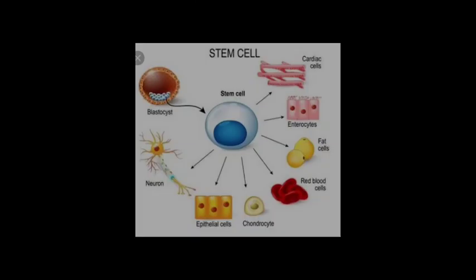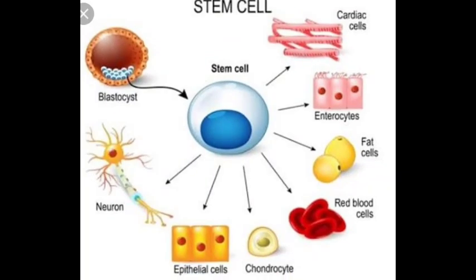In the next diagram, you can see how the stem cells get divided, differentiated, and how they are forming. See here, in the blastocyst stage, all stem cells are present. Blue color ones are all stem cells. Now when they get differentiated, they form different types of tissues. These tissues perform different work. Some are forming neurons, some are forming epithelial cells, some are blood cells, fat cells, cardiac cells. Like this, they get differentiated into these types of cells and tissues.